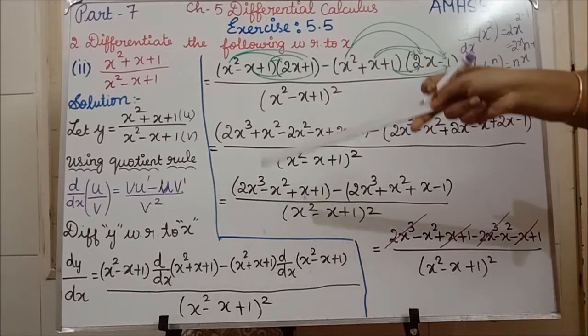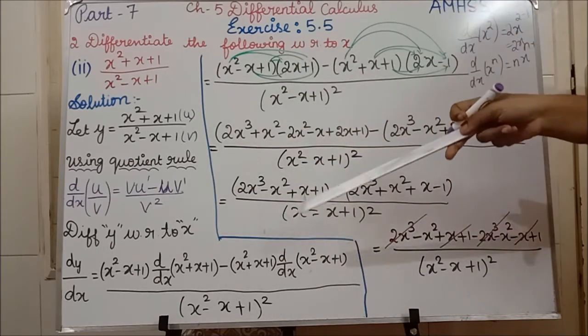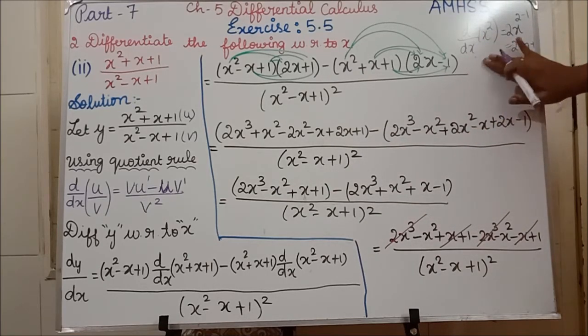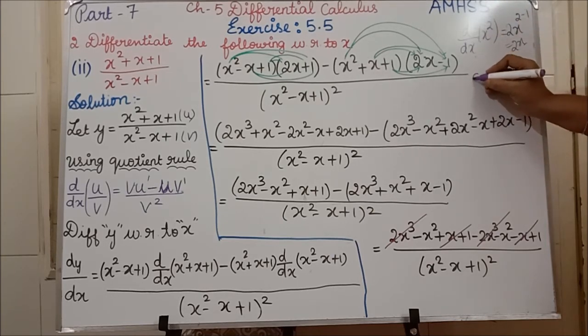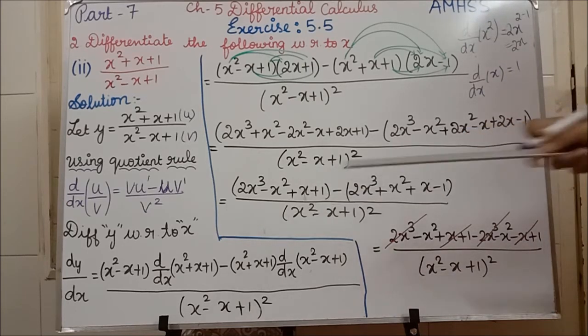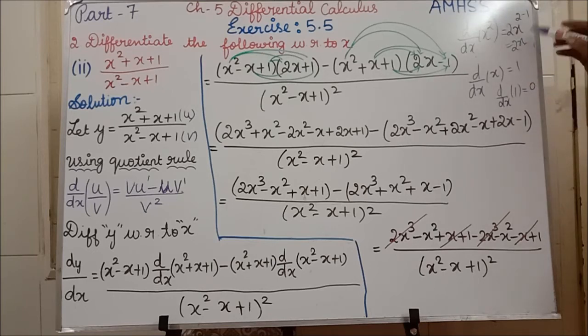Clear? This d by dx you have to take inside. d by dx of x square, d by dx of x, d by dx of 1. Everything you are going to write. Clear all of you? Now this is the d by dx of x square value. Similarly you can write d by dx of, next is what? x term. I have told you d by dx of x is 1. Okay. Next one is d by dx of 1, a constant. If you differentiate we will get 0. So what is the answer we are having? 2x plus 1 plus 0.